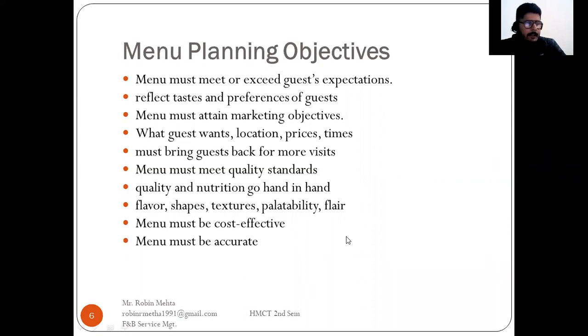Next is to reflect the taste and preferences of guests. Again, the market is a very good way. We go to the market, taking feedback from the guests. You are not going as an owner, you are going as a guest to all the restaurants near where you are opening your restaurant. You just go and taste over there